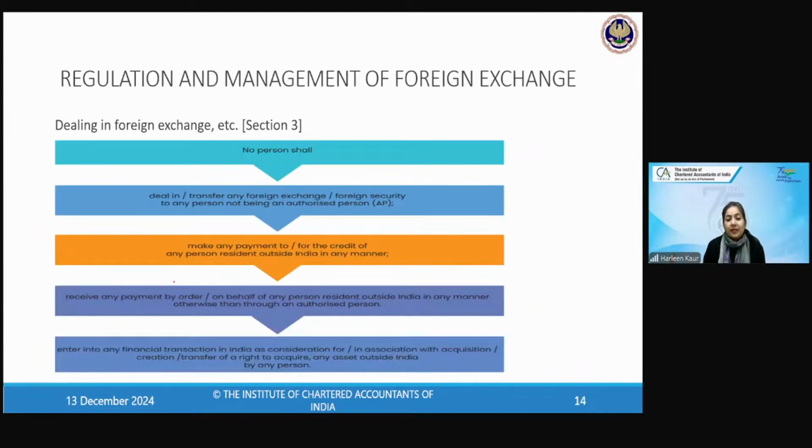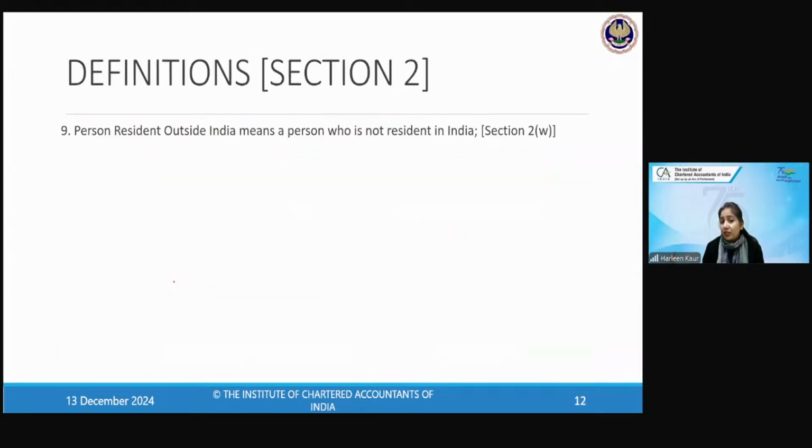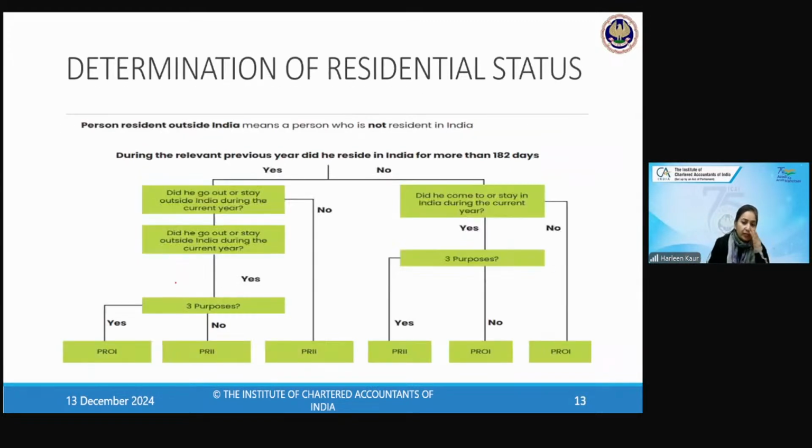All right. So now let's understand. Everyone is clear, because if you're not clear with this definition, then things will become very, very difficult. But what I like about the study material is this table. It is exactly given in the study material also. If you remember this table, then nothing will go wrong, because lots and lots of theory is given in the chapter, so that is for better understanding. But if you have understood this thumb rule that if you have stayed more than 182 days, three specified purposes, gone outside India, PRO. Coming to India for these three specified purposes, PRI.